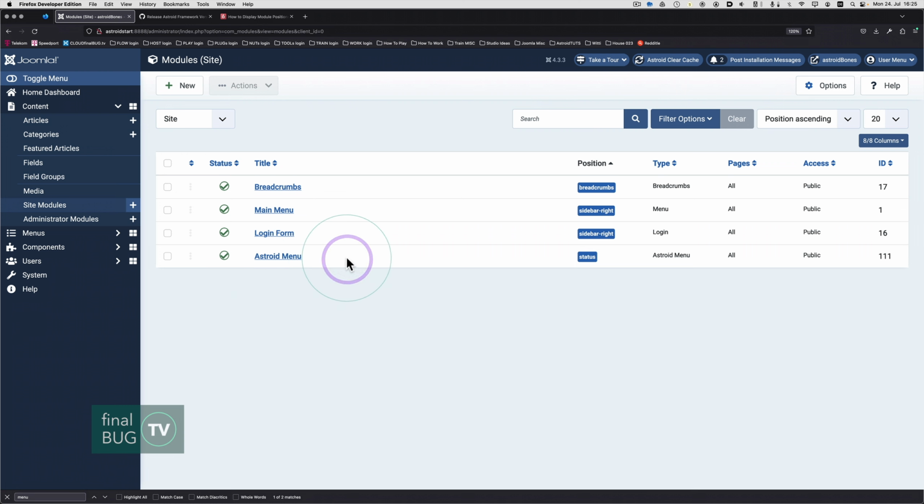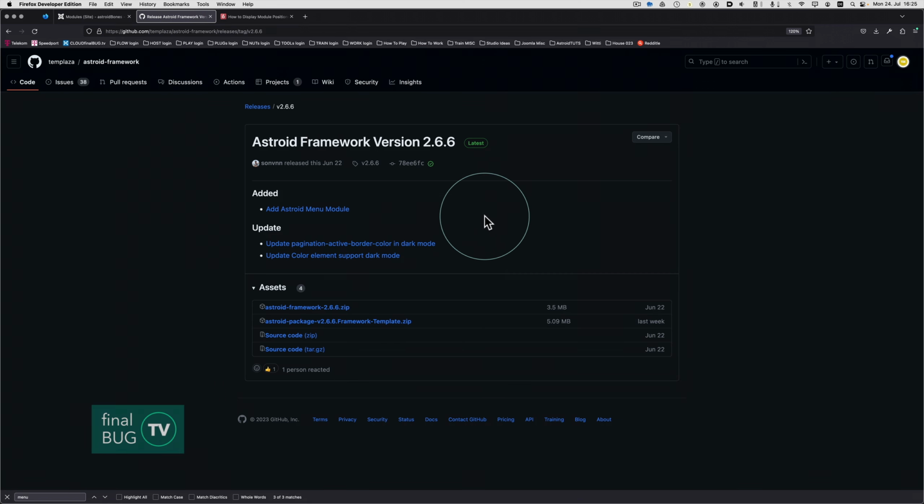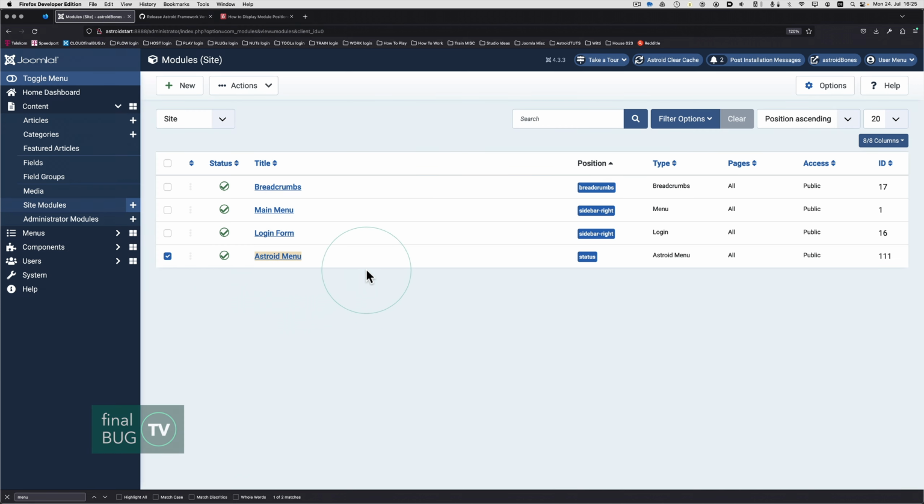I'm going to get to the Astroid Menu Module later. Honestly, at the moment, I don't know what it is. It's very, very new. It's about a month old. And what I'll do is my future self will edit a little explanation in either here or at the end of the video about what that is. But let's just first talk about the Joomla module that is being displayed on the Astroid template and how this is working,